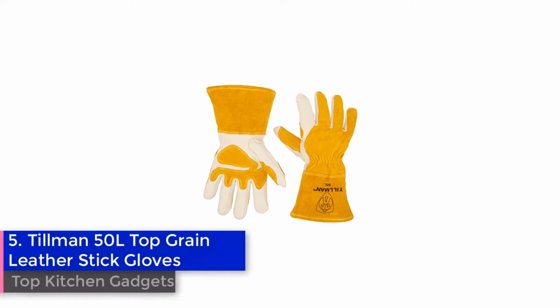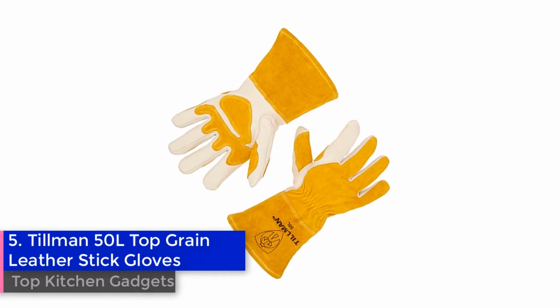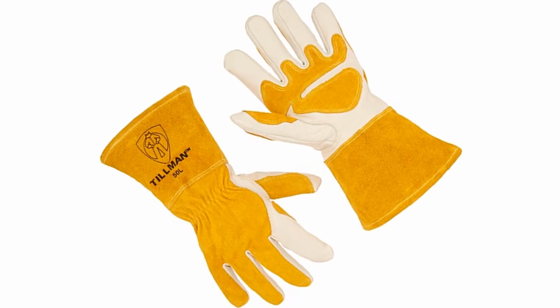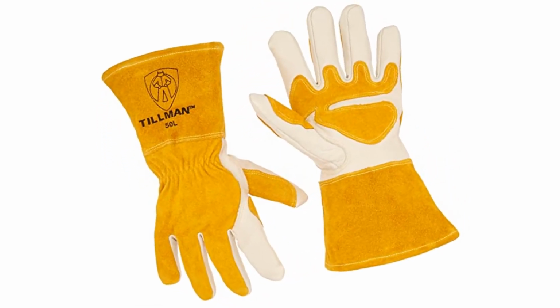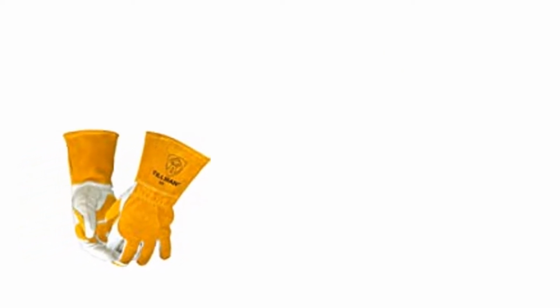Number 5. Tillman 50L Top Grain Leather Stick Gloves. Tillman 50L Top Grain Leather MIG gloves offer full-length 16-inch leather coverage. The cuffs are 4 inches wide and feature cinched elastic bands to comfortably secure your wrists. A leather patch with the rough side out is used to reinforce the thumb, with a strap over the backs